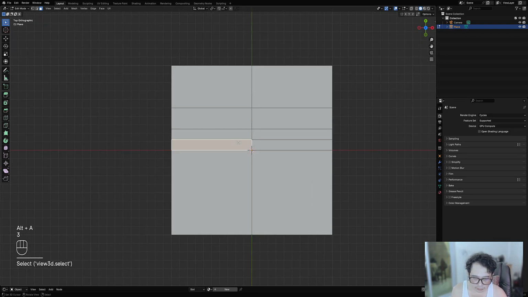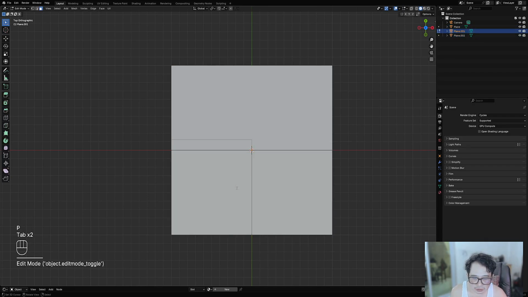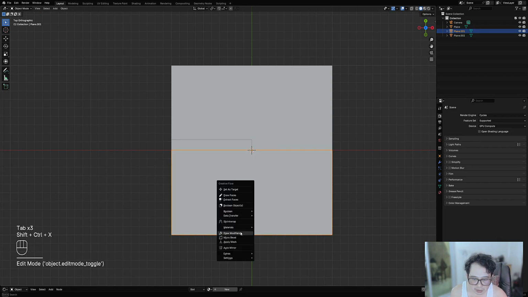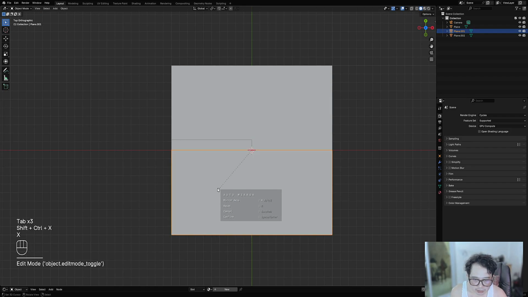Okay, so select this face and separate by selection, and this one as well. Oh, this one. So just this two here is going to be our trim sheet, and then mirror in the